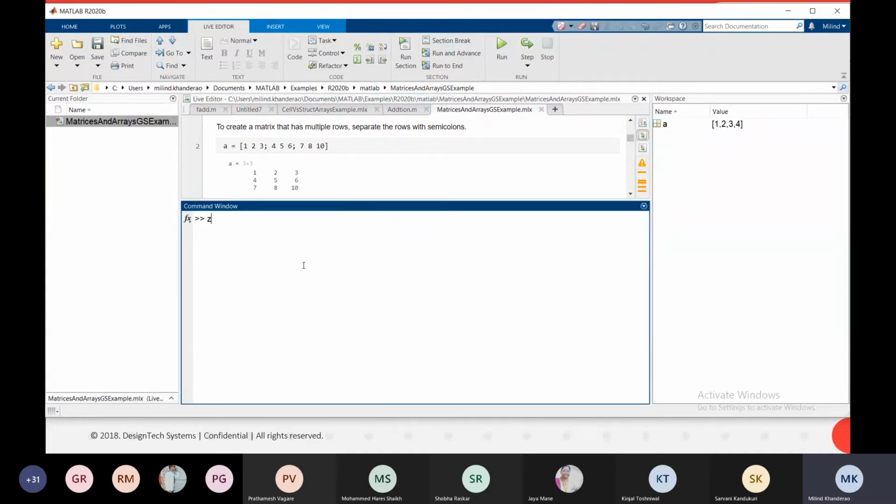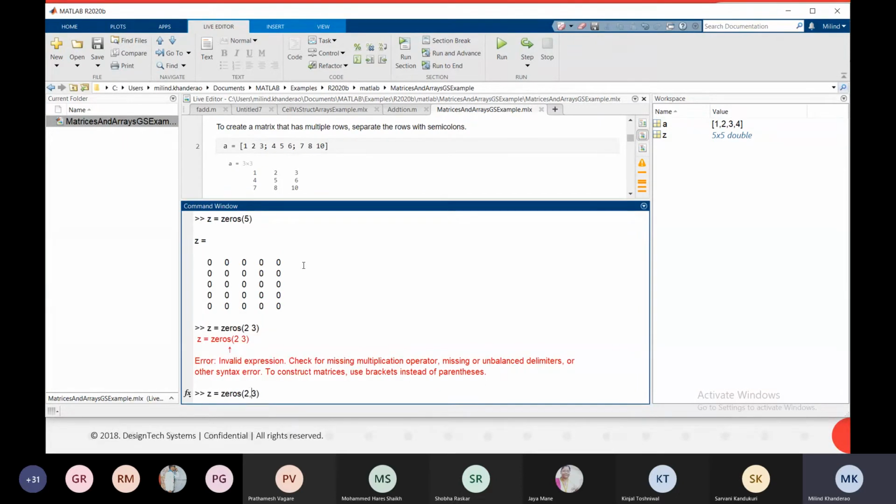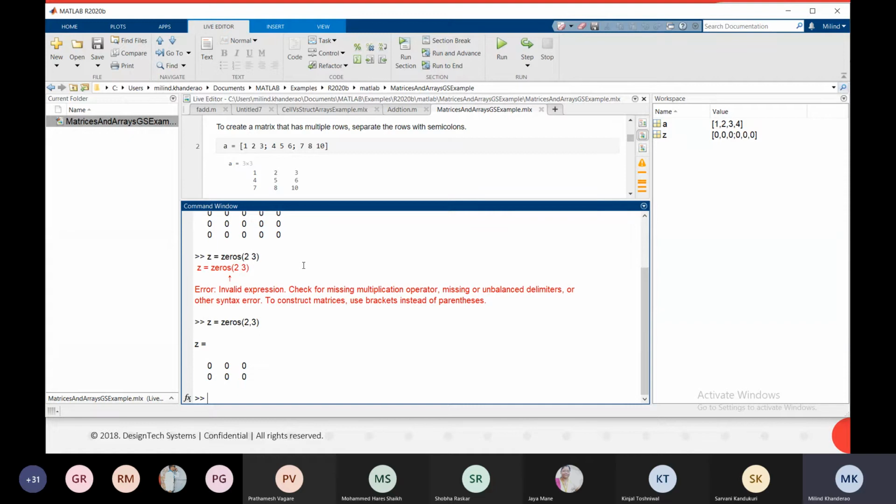Let's say z equals zeros, that is built in. For the order I want, let's say 2 by 3, so 2 comma 3. MATLAB shows where things went wrong; it will tell you something is missing. Now you can see the zeros matrix with 2 by 3 order.